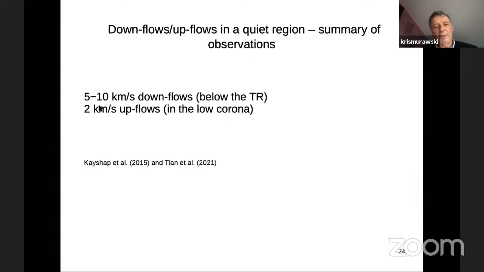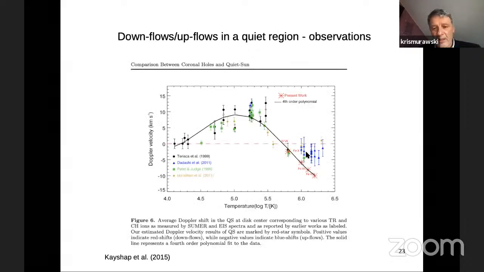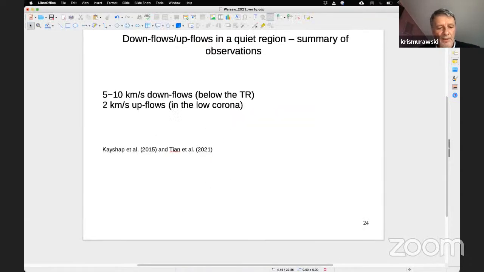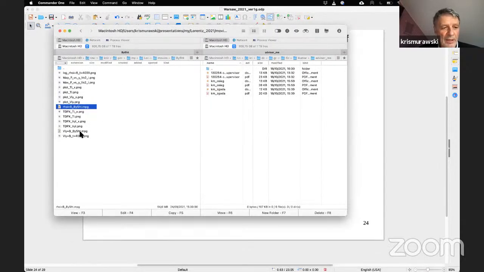Let me summarize this data. Actually, it's not only his data, there is some other observational data, so different symbols correspond to different sets of data. So below the transition region, downflows of plasma are observed. Above the transition region, in the low corona, we have upflows of the order of, say, 2 kilometers per second. Now the question is whether it is somehow observed in our numerical data. So I will show you